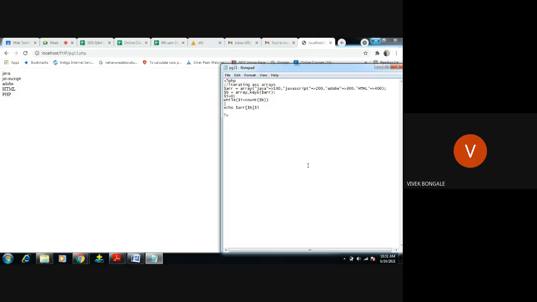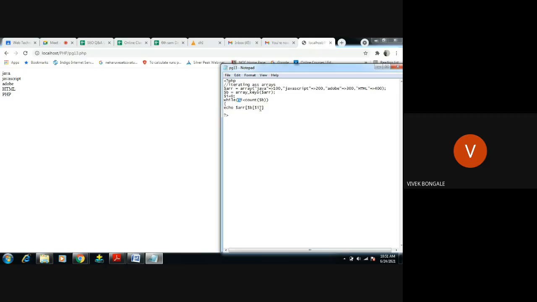In $arr we got these values, but the key values we have in $b. So then the I value: the zeroth value is 100, the first value is 200, then 300, then the fourth value is 400. That value it should display.